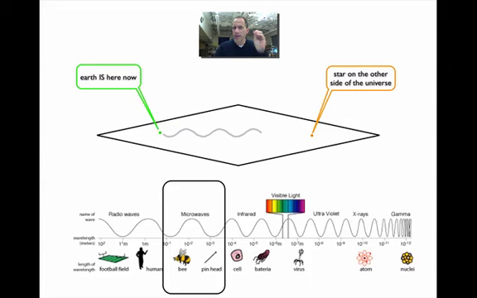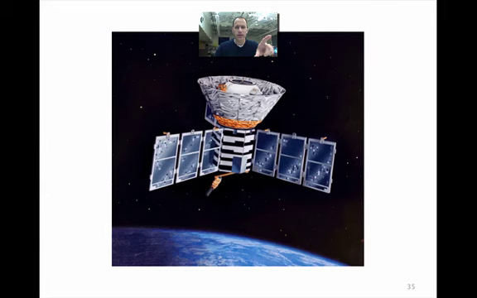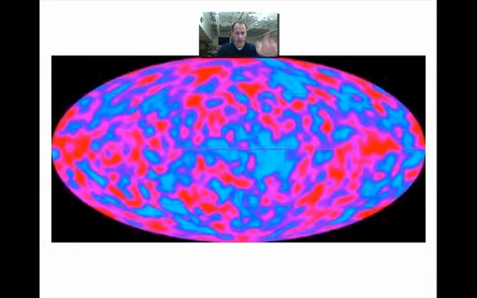So if we could look at this microwave radiation and we can measure its wavelength, we would know some things about the early universe. So in order to do that, they put together this satellite called COBE. It's C-O-B-E. And it's basically our microwave eye. So humans can't see microwaves. This thing is scanning the sky out in space, picking up this microwave radiation that's coming from every direction. And the map that it made looked like this.